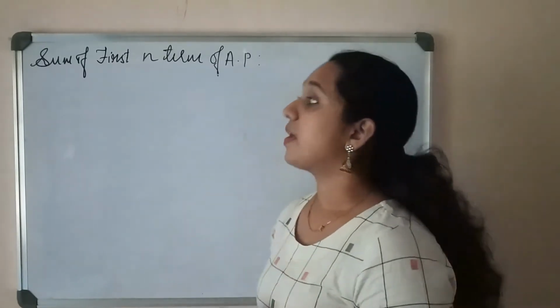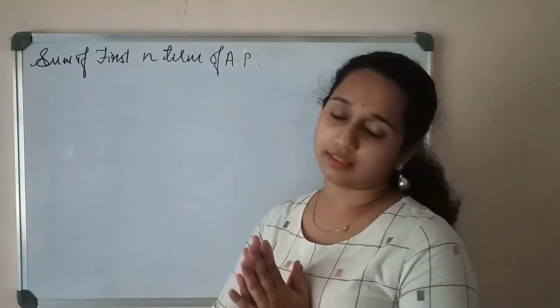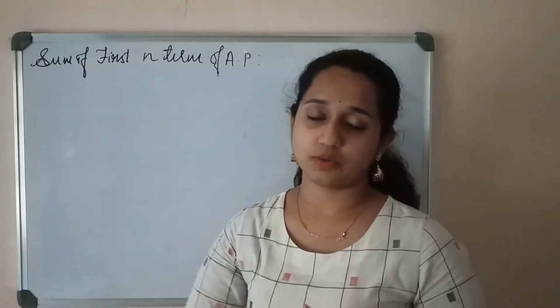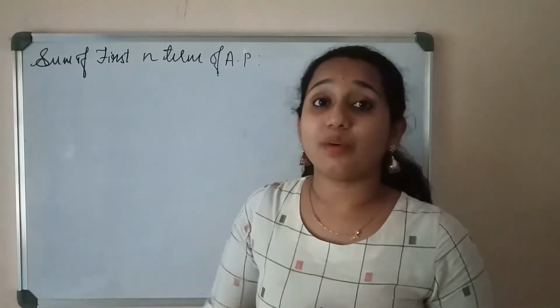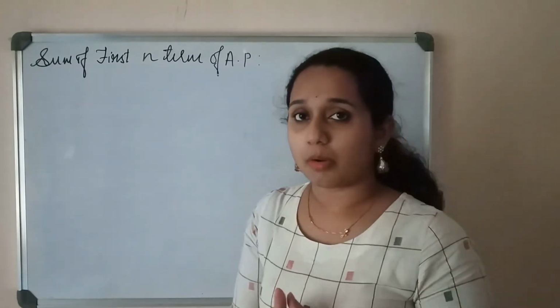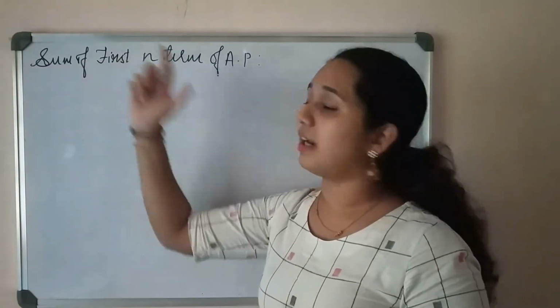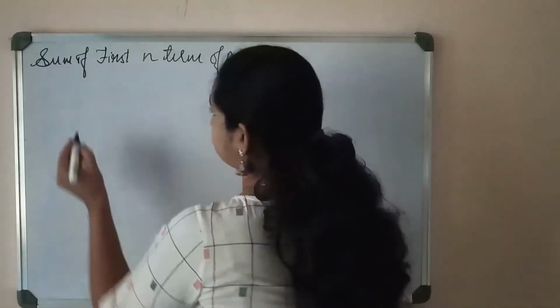Let's start the class. To find the sum of first n terms of arithmetic progression, I'm going to consider the positive integer series. I use one technique to solve that problem, and I'll be using the same technique to find the sum of first n terms of arithmetic progression. Now let's consider